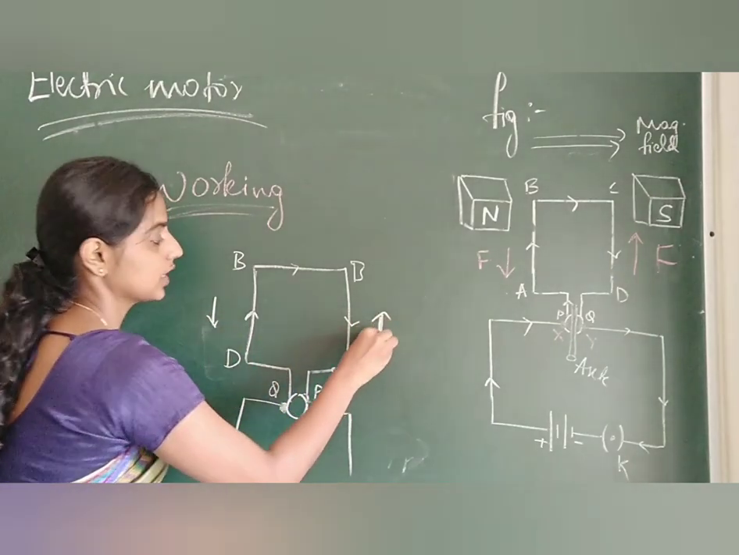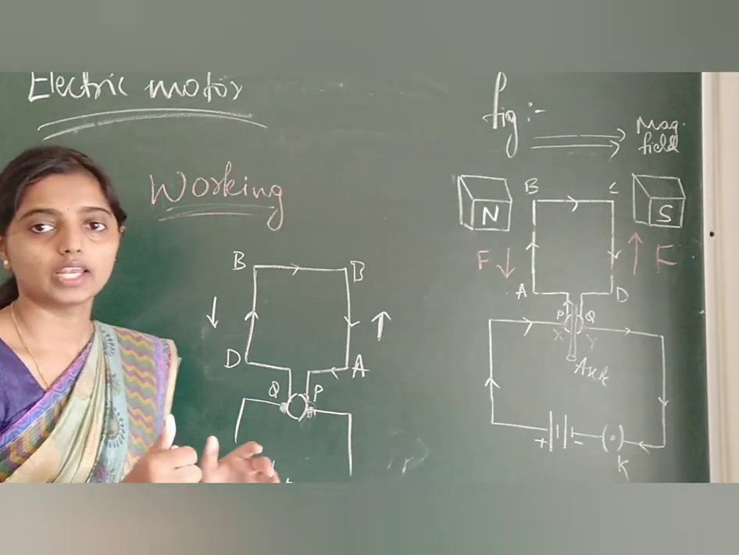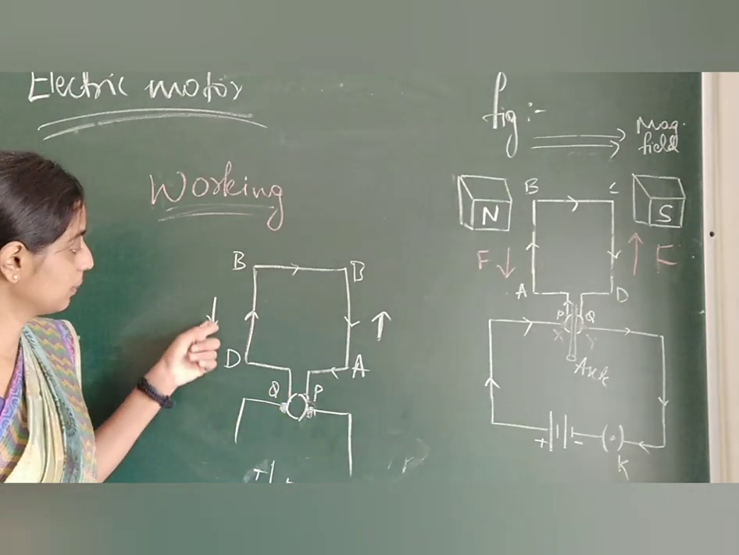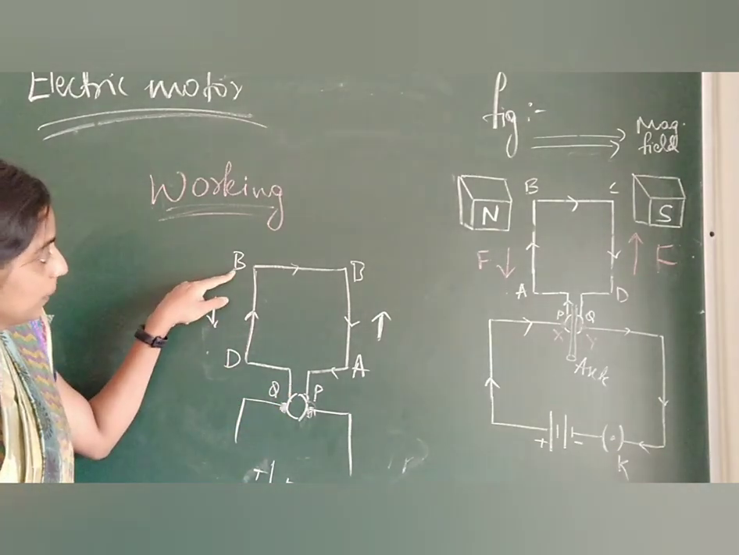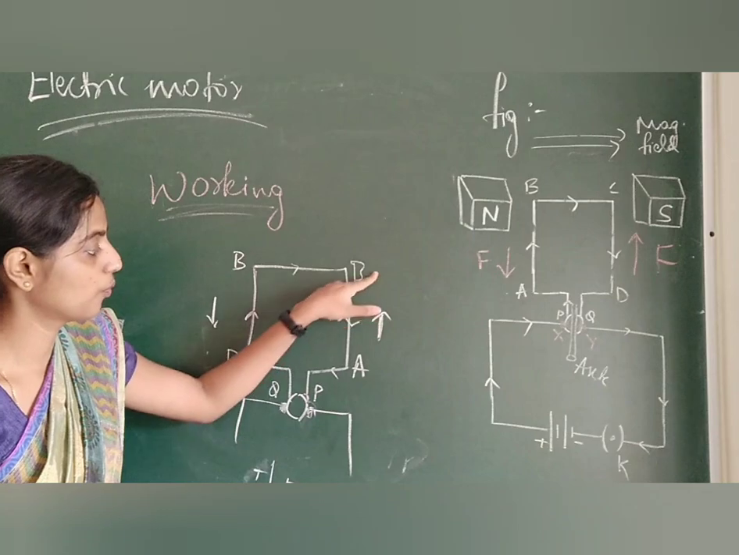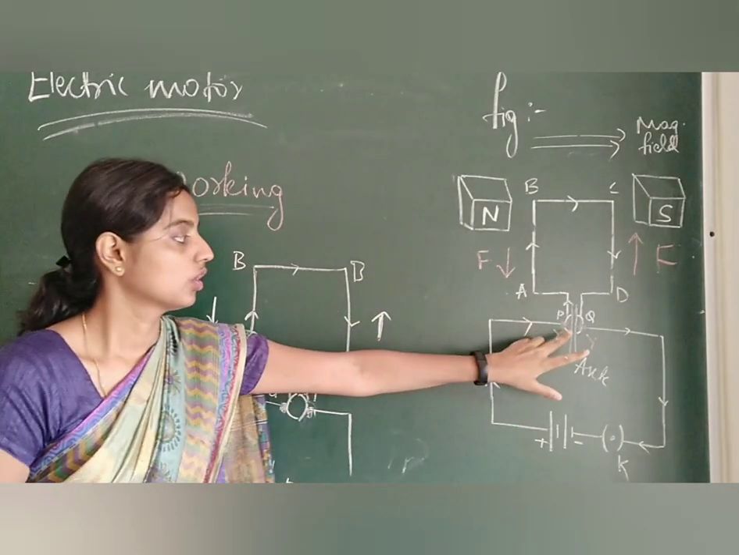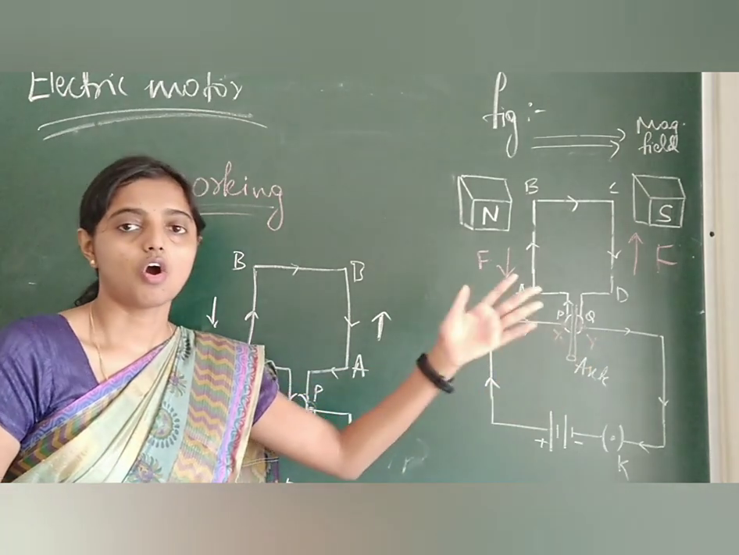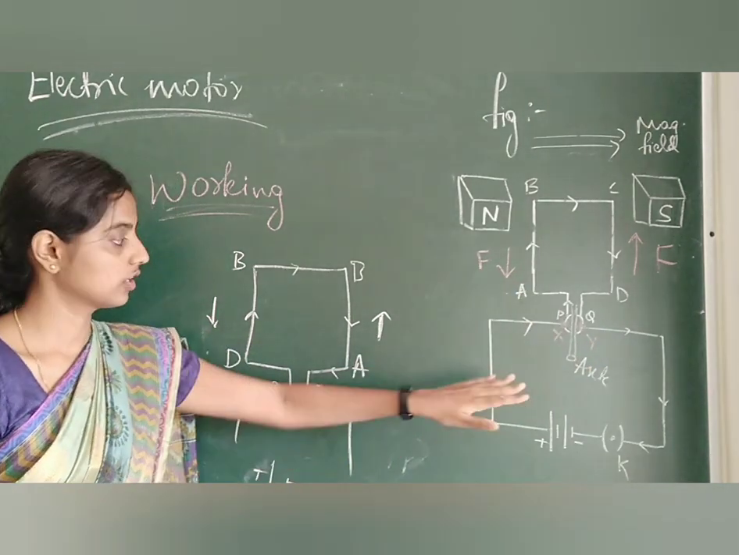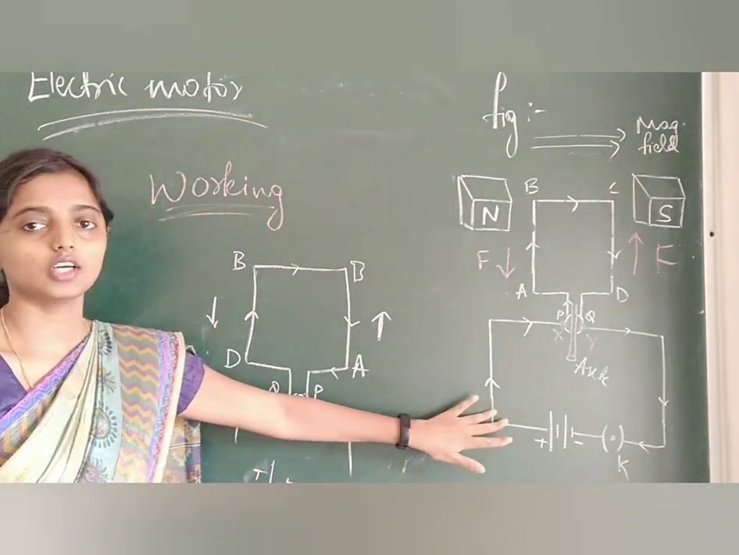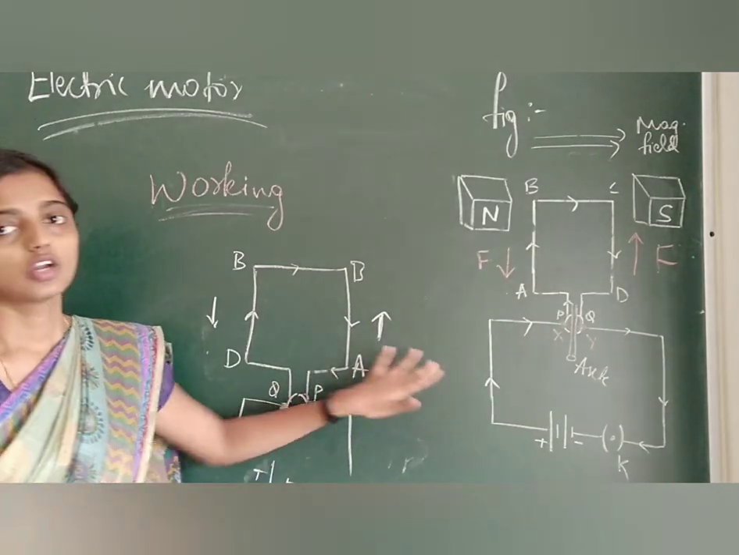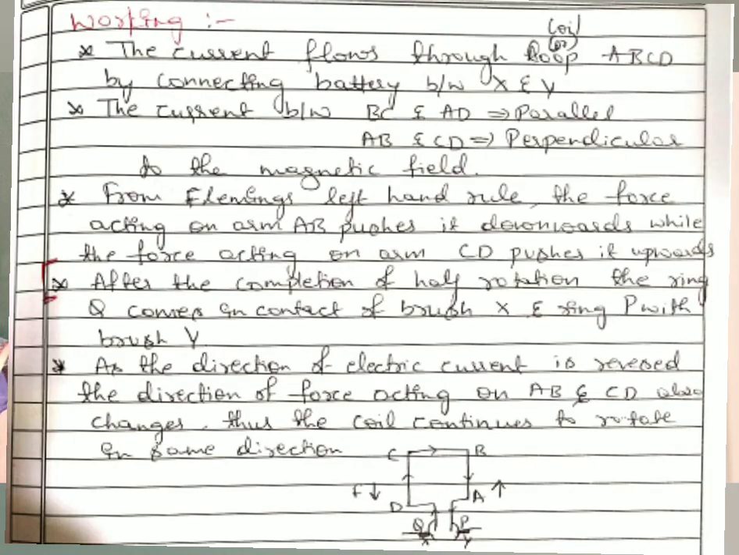But what happens here? While naming, the force will be downwards from D to B. Here the force will be upwards from A to B, when the split ring completes its half of the rotation. So understood, right? No confusion here. Hence, using this, we can state that as the direction of electric current is reversed, the direction of force